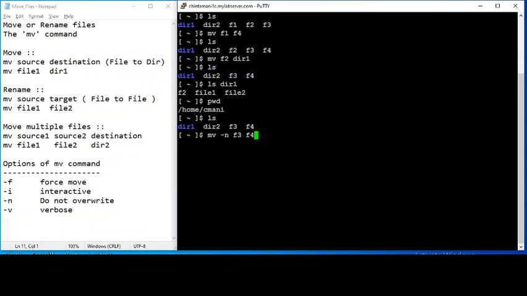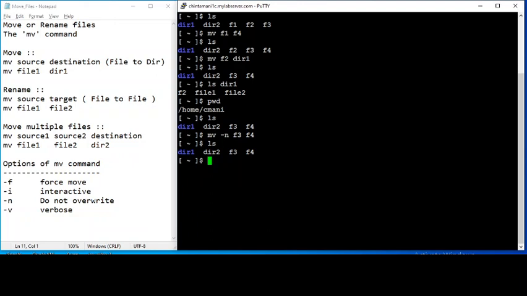Okay, so when I say this, it's not going to give any output, but it's actually not going to do anything because F4 is already there. mv -n is rarely used from the command line, but it can be used when you want to write some shell scripts and you want to move files, but don't want to display the error, or you don't want to move the file, that means rename the file, if it is already existing, so that you don't take a risk to overwrite an existing file.